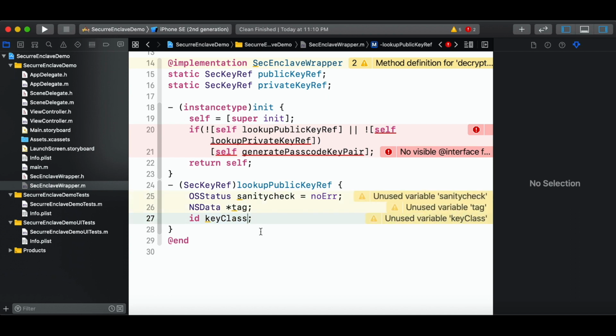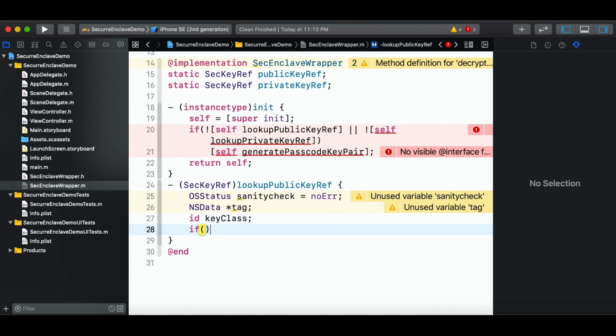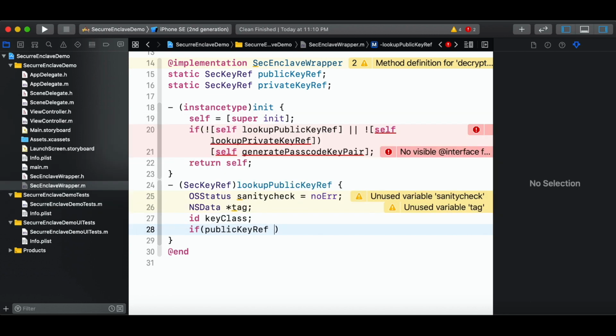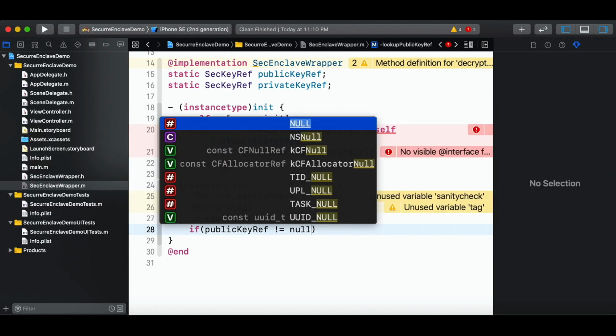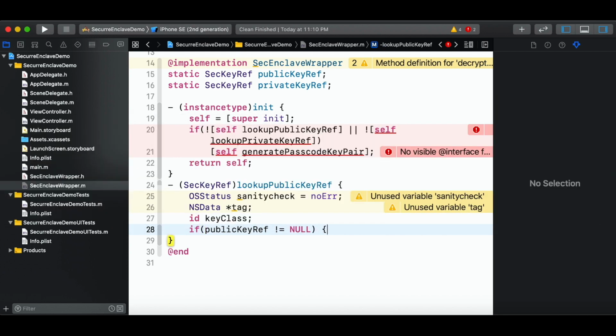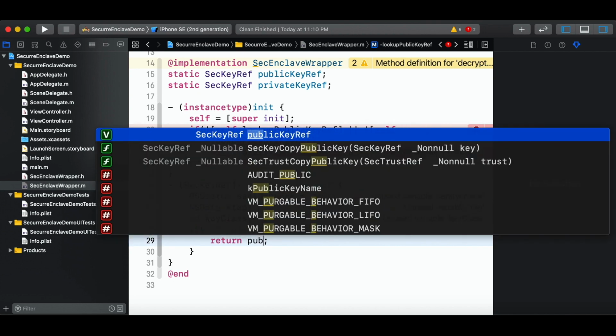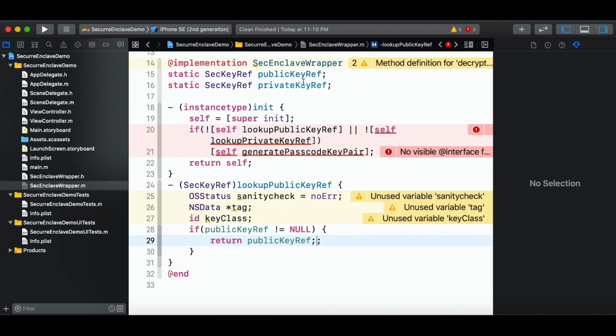Now here we'll check for the public key reference. If it is not equal to null, if it already exists in memory, then return it. Else